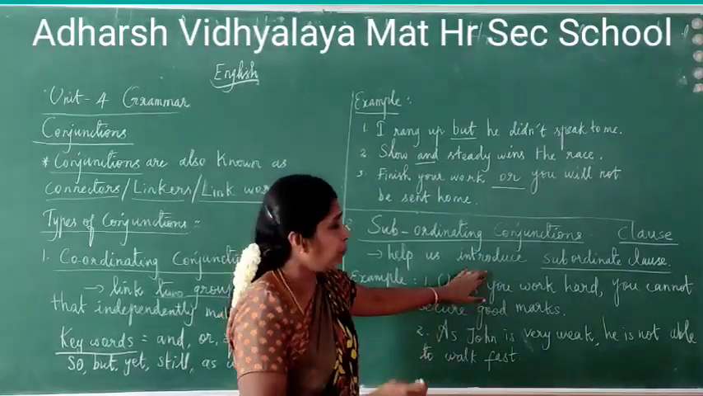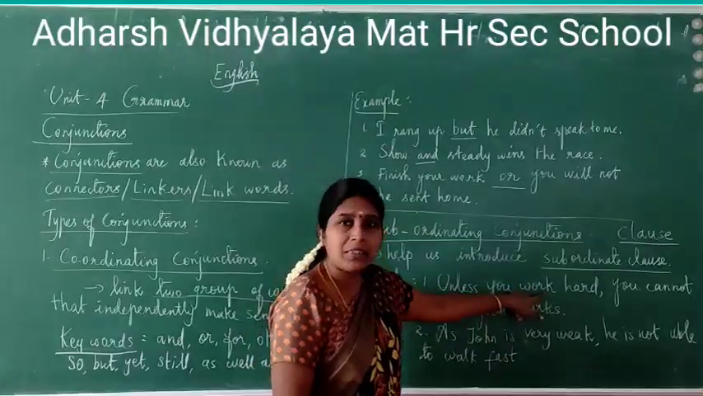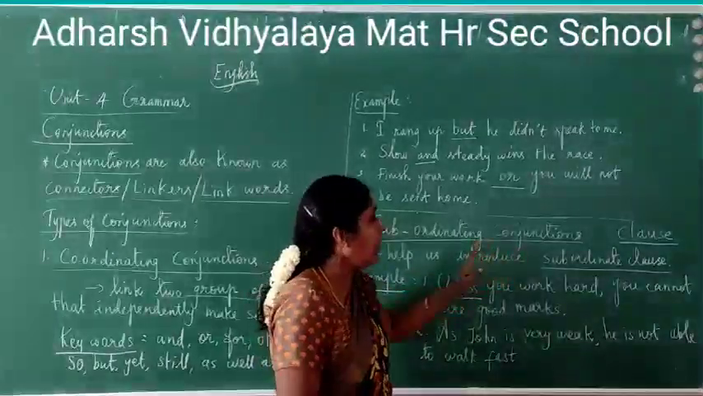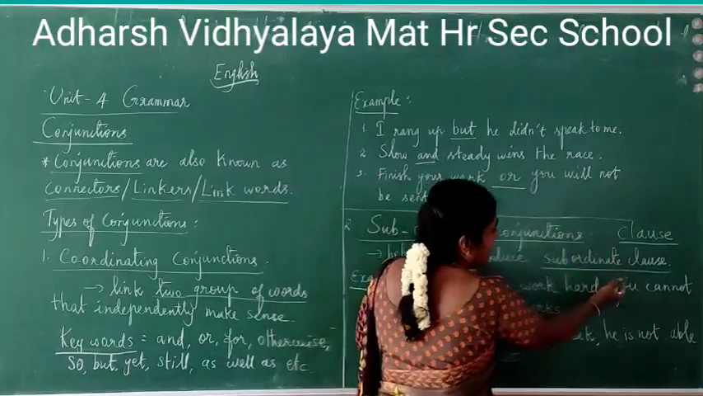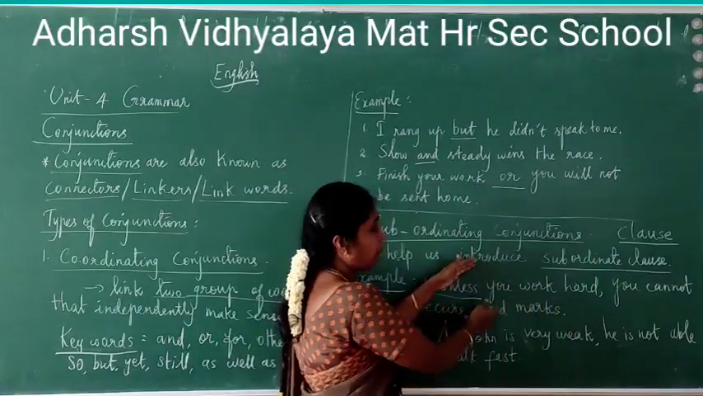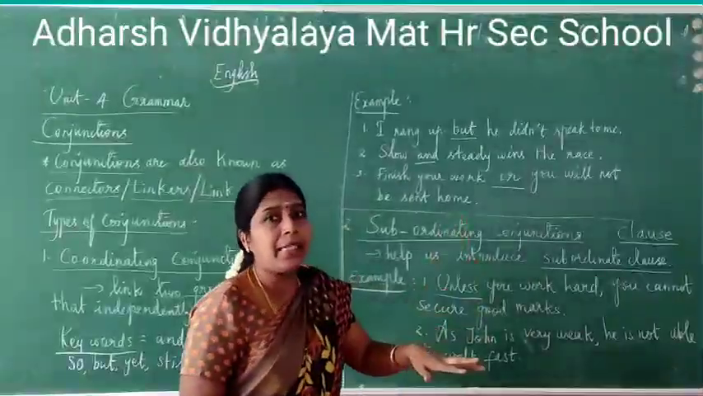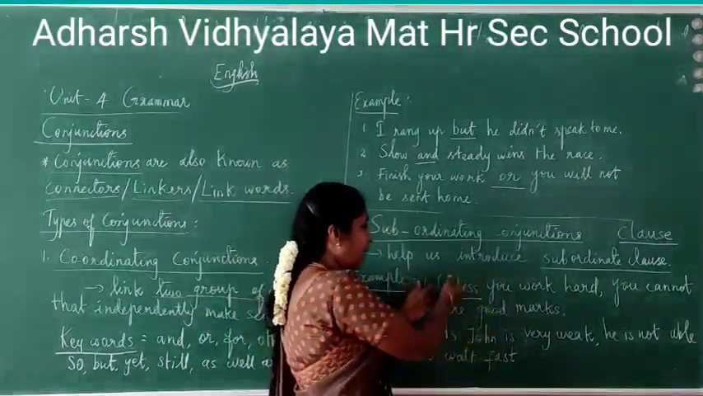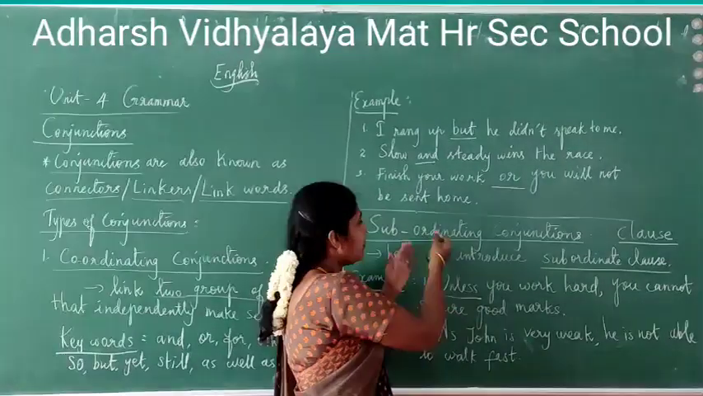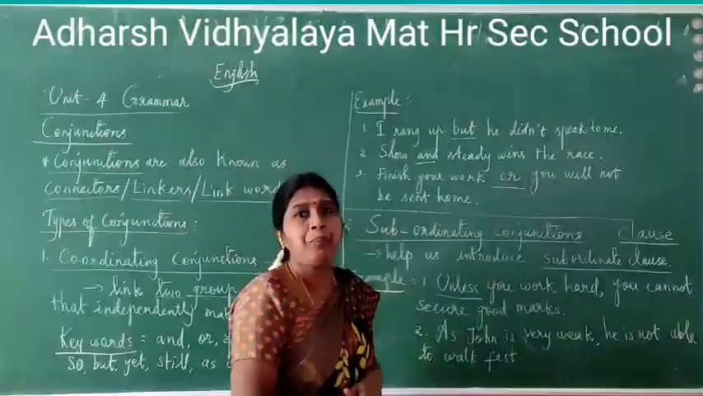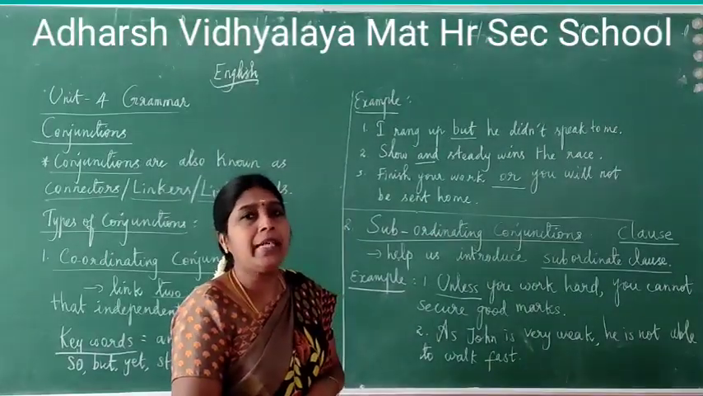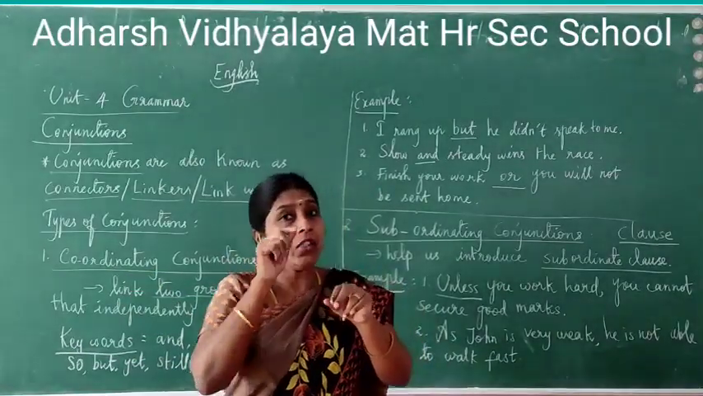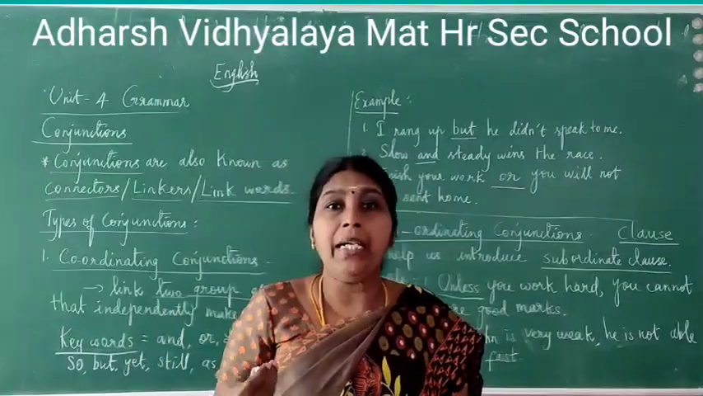You work hard. You: subject, work: verb, hard. That is subjective word. You work hard. One sentence. Another sentence: you cannot secure good marks. That is another sentence. Both sentences are joined by the connective word "unless". This is a subordinating conjunction. Before that, previously we saw that two sentences are joined by connective words like "and", "but", or